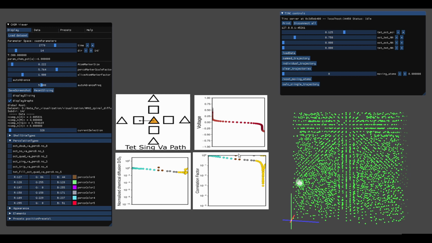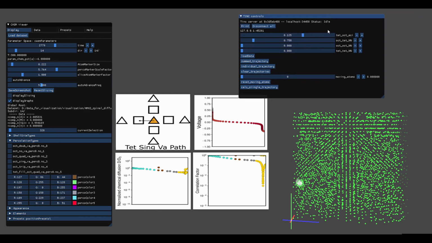And you might have noticed that there are multiple different sounds there. Due to the degree of nearest neighbor interaction here, we don't have that much of a drop in correlation factor. It stays between 1 and 0.1 pretty consistently throughout the entire composition regime. Now if we ramp up the nearest neighbor interaction to something much higher and load a new data set,